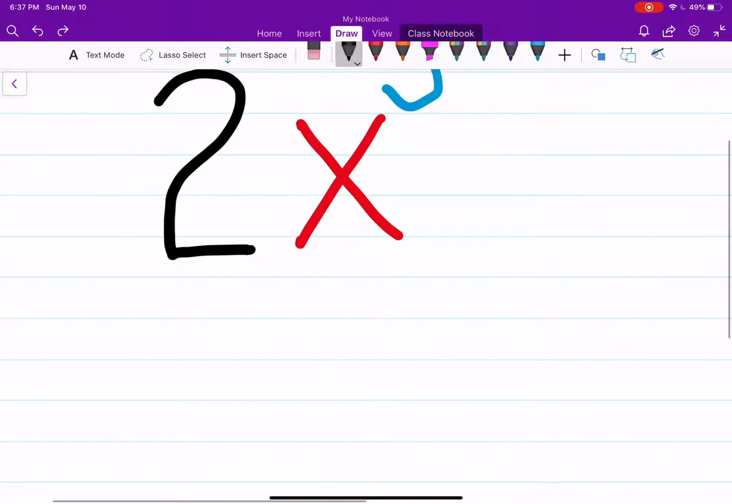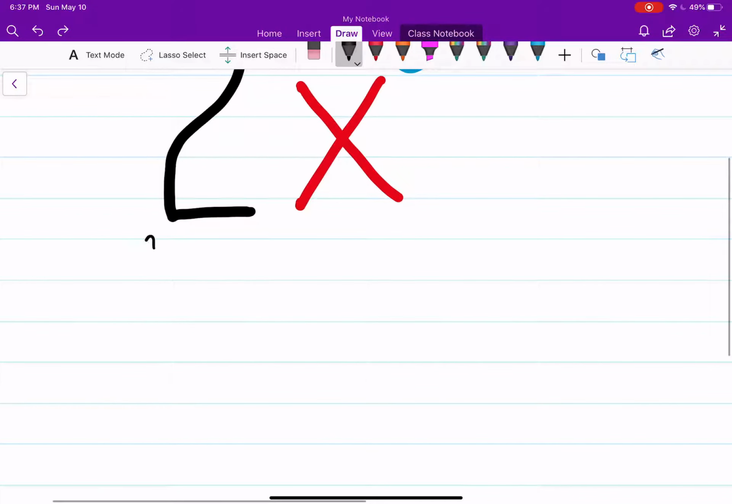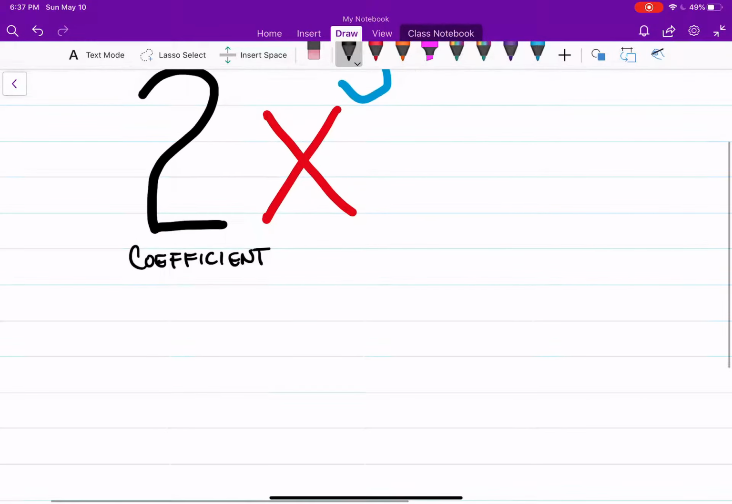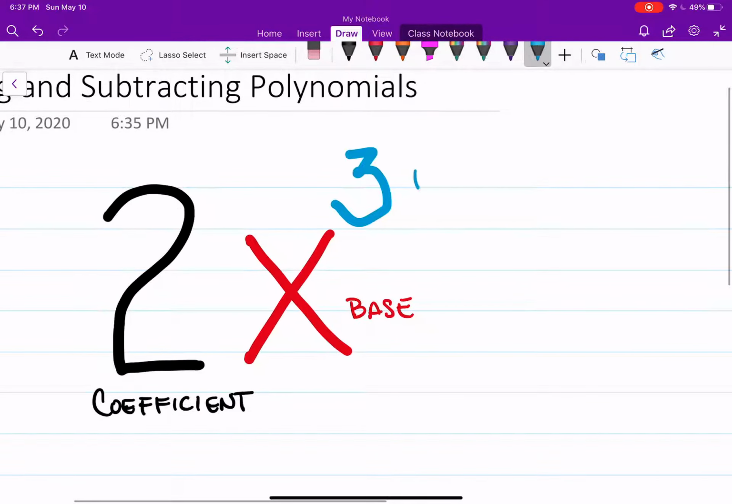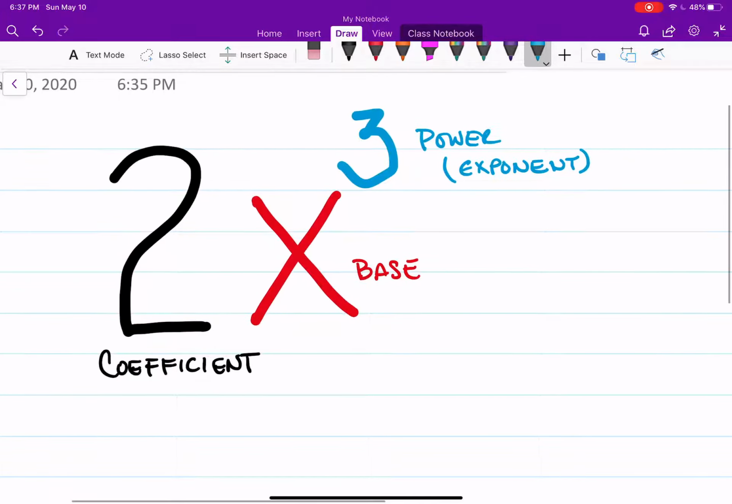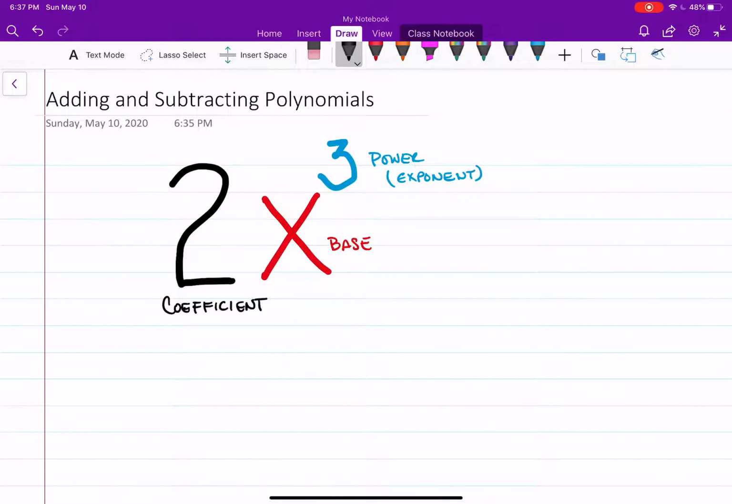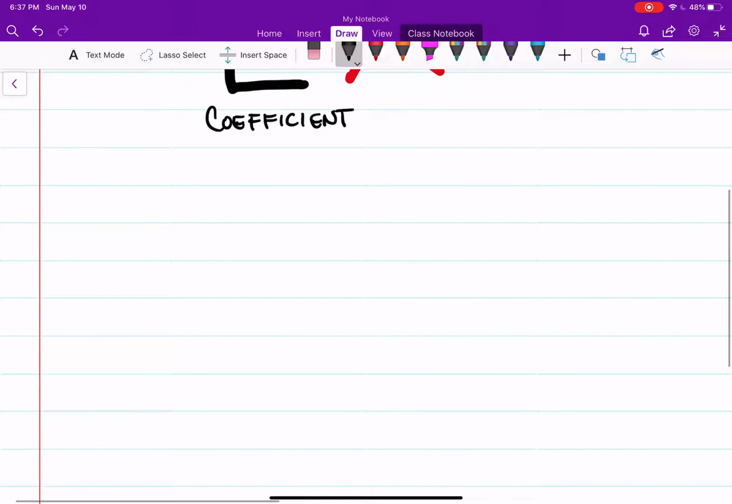All right, so the 2 here is called a coefficient. Okay, it's called a coefficient. The x here is called the base. And the 3 here, as you know it, is called the power. Sometimes you call these the exponent. Interchangeable, okay? So, why I put that out is because in order for you to add